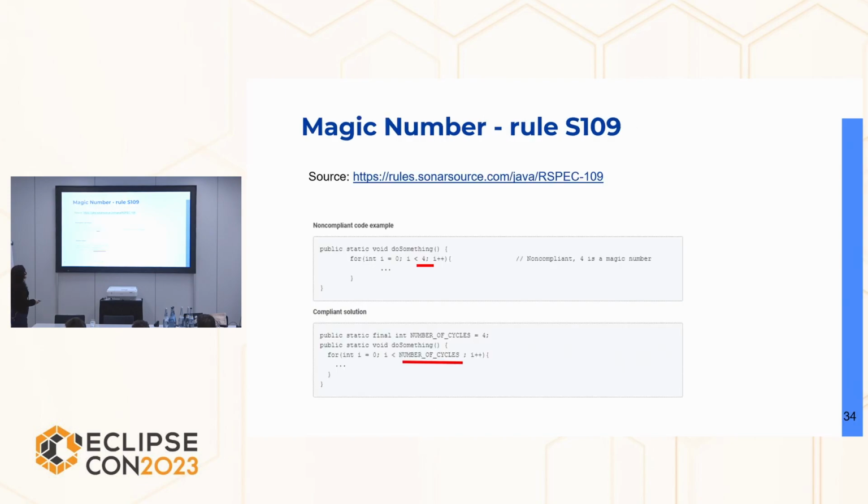And here's an example. This is the most famous rule that the students break during the semester. It's the magic number rule. Sorry, it's a magic number. It means that you are using a number that you have not defined before. And this only applies if the number is not 0, -1, or 1. And what it tells you to do is to define a variable, and if it doesn't change, it should be a final, and you should define it at the top of the class.